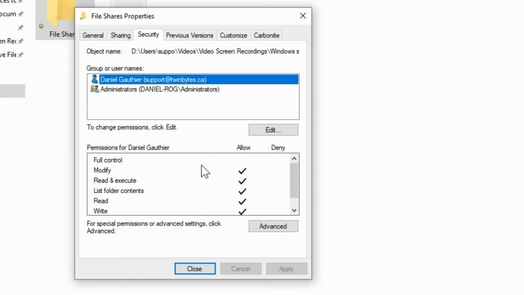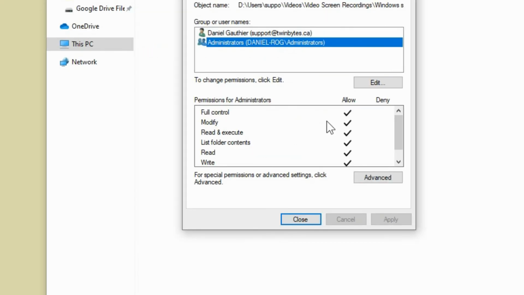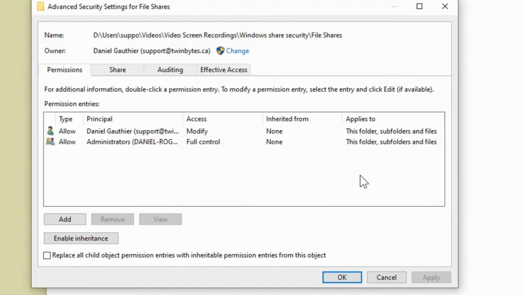And the full control basically means that they can do all of these things, plus they can manage the permissions for other users on here. So that's why typically only the administrator would have all the check marks on here. Under advanced, there's a few more things here that you can do. It lists the same users, but there is a feature of inheriting.